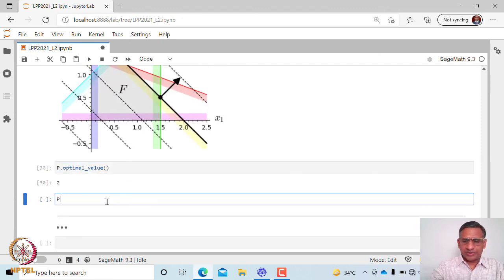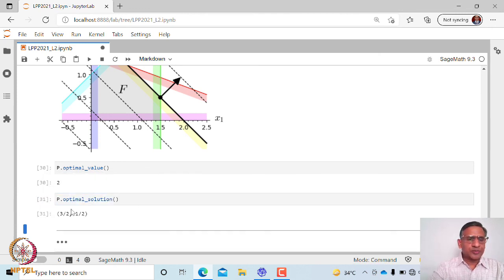So let me just say P dot optimal solution, and it will give me the point. So x equal to 3 by 2, y equal to half. That is the point at which the solution occurs.